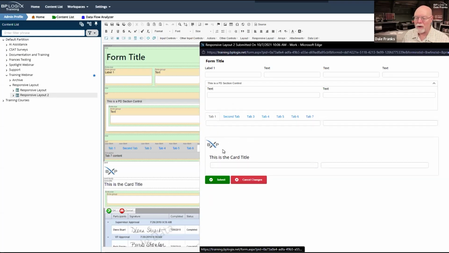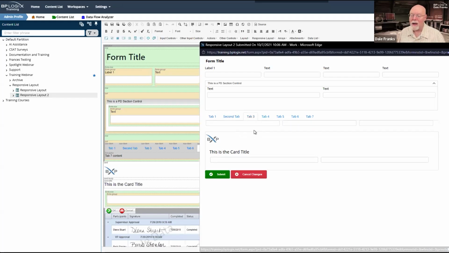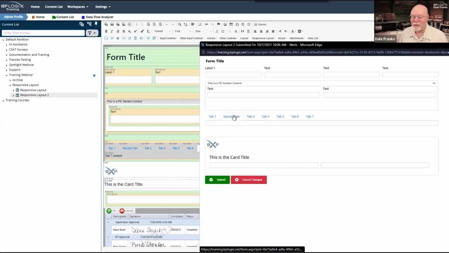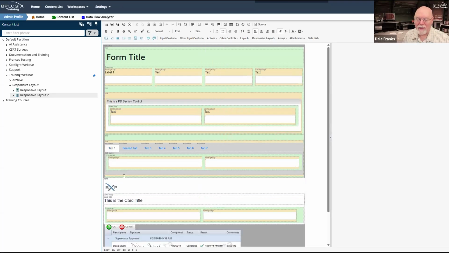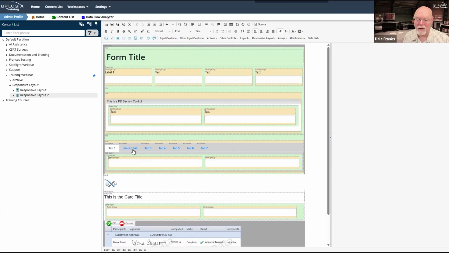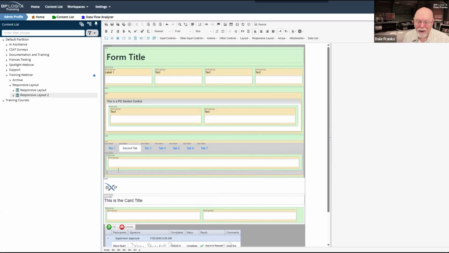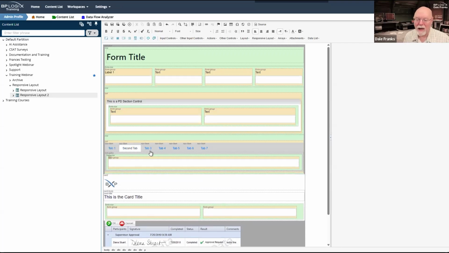What you should note is that if I go to tab 1, notice how I've got this space down here between tab 1 and these controls and the card that I created. If I go to tab 2, same thing. If I go to tab 3, okay, wait a second. This tells me I've got something going on in tab 2 and tab 1. So when I'm using the tabs, okay, there we go. There's tab 1. Well, I've got that extra space there on tab 1. Second tab, yeah, I've got that extra space there on my second tab. Tab 3 does not have that extra space.